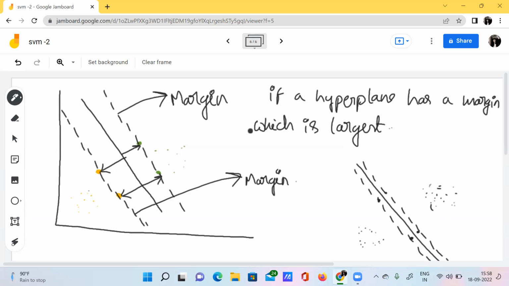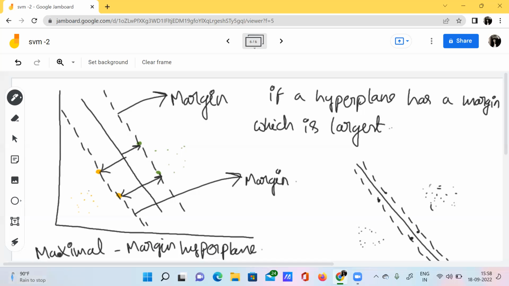Why? Because see here, in the definition itself, it has the word maximal margin hyperplane.